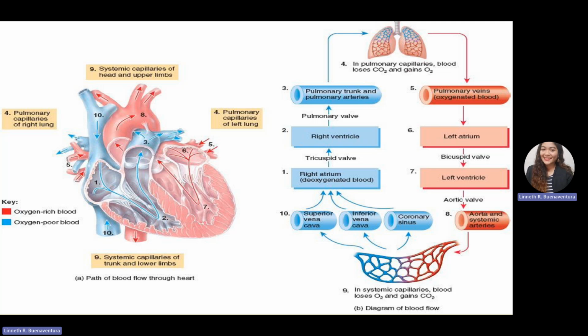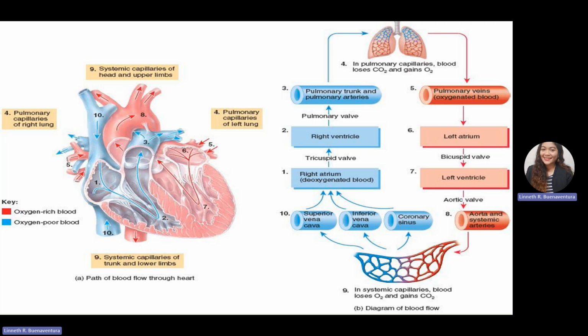So we will start at the right atrium, which receives the deoxygenated blood. It will open the tricuspid valve and fill the right ventricle. Therefore, the tricuspid valve will close. Then it will pump the blood and open the pulmonary valve. Here, the pulmonary trunk and pulmonary arteries will receive the blood and transport it into the lungs. In the pulmonary capillaries, the blood will lose carbon dioxide and gain oxygen